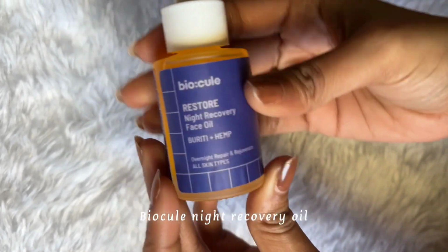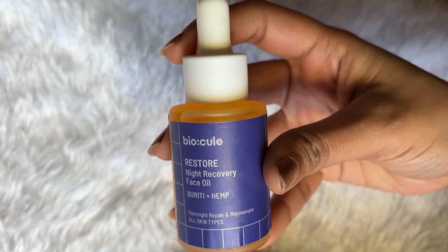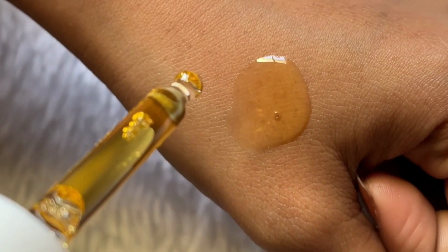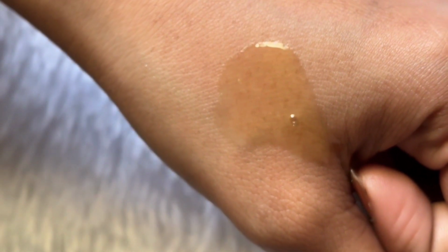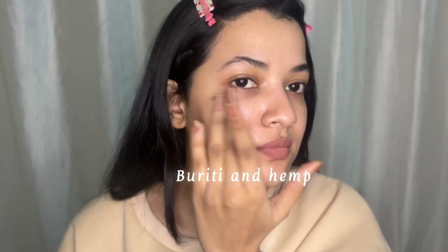So whenever my skin feels slightly irritated or extra sensitive, I use this Biocule Restore Night Recovery Oil. I've just started using it and it is really good for sensitive skin, and its texture is velvety. It repairs and restores your skin barrier, improving skin elasticity. Your skin will feel moisturized and nourished because it contains natural ingredients like purity and hemp, which help in providing